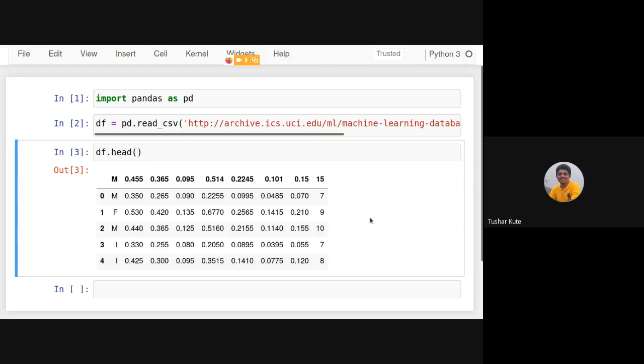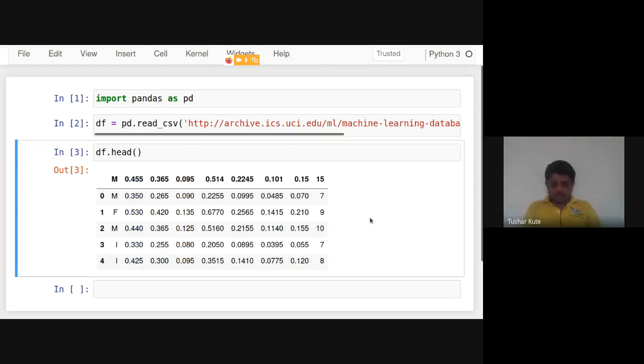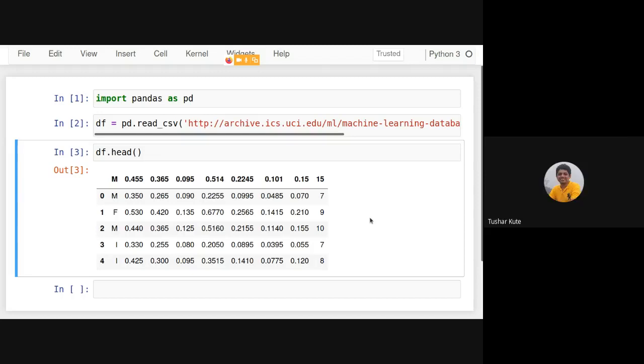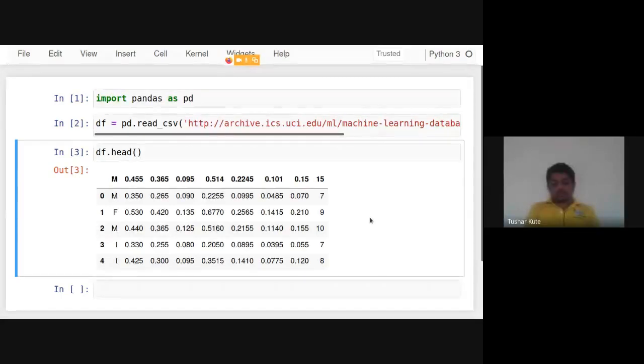The first row shows as the column names. Some pre-processing is required, that is also mentioned there. We will see whether any pre-processing is required or not.